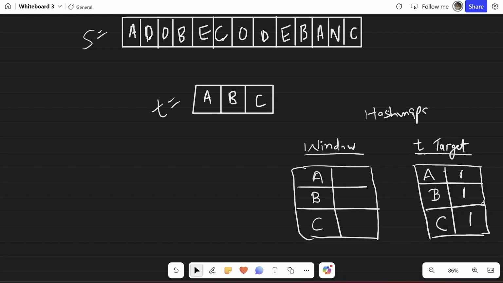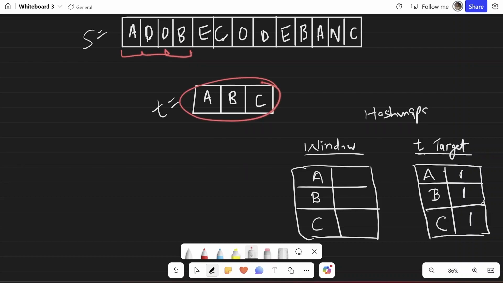Now let us say we are given this first example with string s and t, and what we do is we take a sliding window like we used to do in the earlier questions, and we keep expanding rightwards until we find a string that contains all the letters from t. For example, initially this is A. A is there in the string, but I still don't have B and C. I keep expanding rightwards.